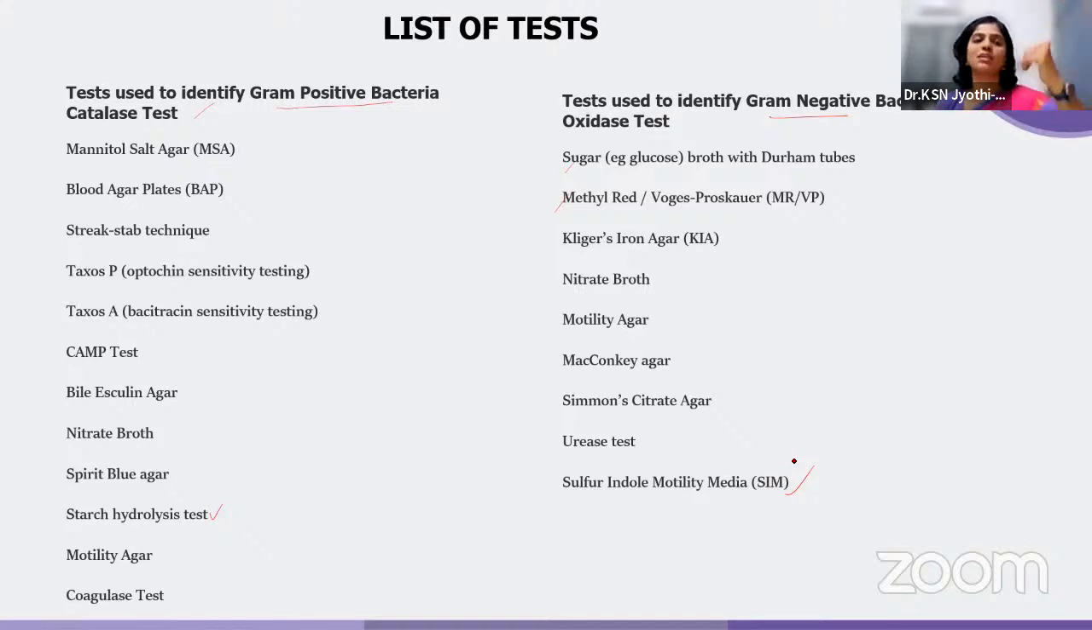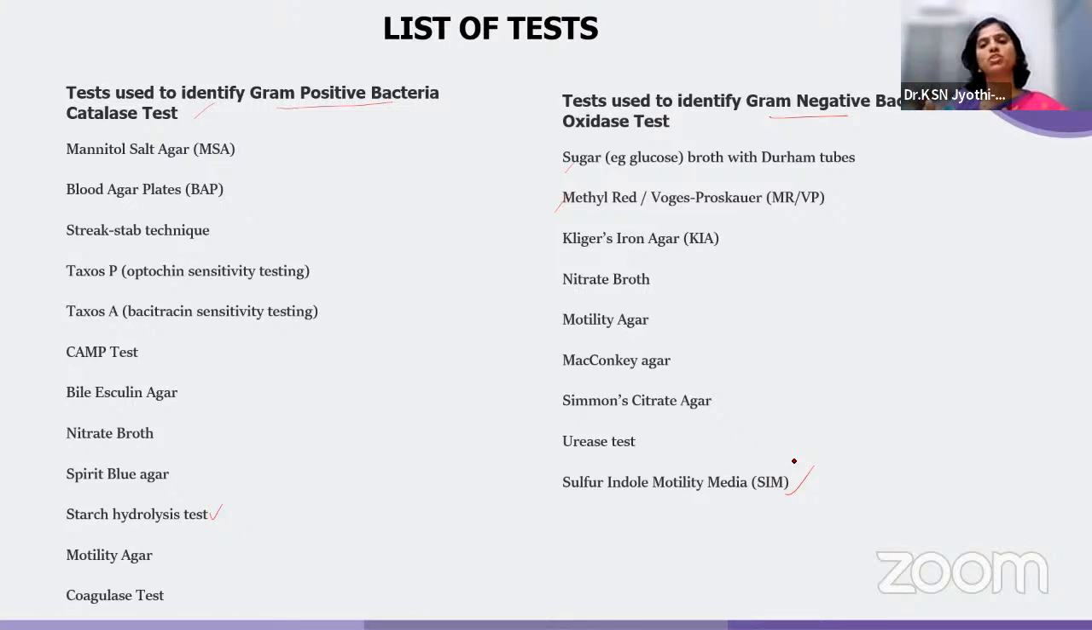So let's say I identified a sample, I made a smear, and I did the basic differential staining, gram staining. I got to know whether it is gram-positive or gram-negative. Further, I want to know what type of gram-positive bacteria it is. I can do any of these tests or a combination of two or three different tests to confirm what bacteria it is. Similarly, if I got to know it is gram-negative,